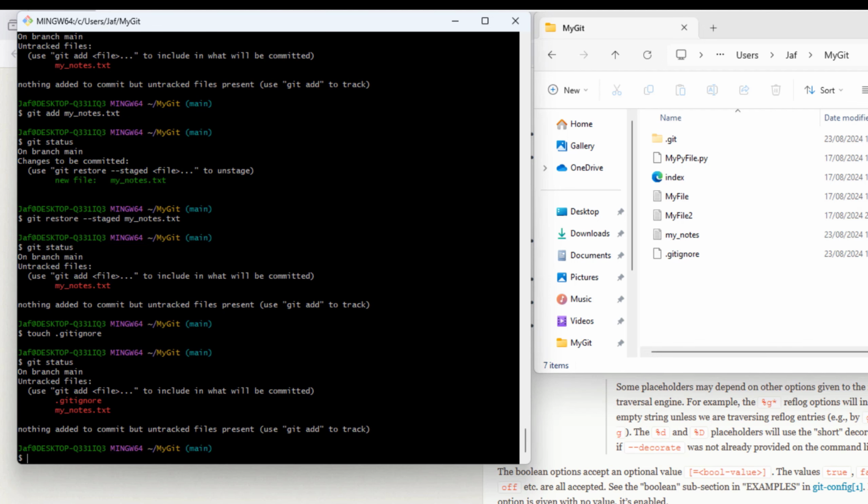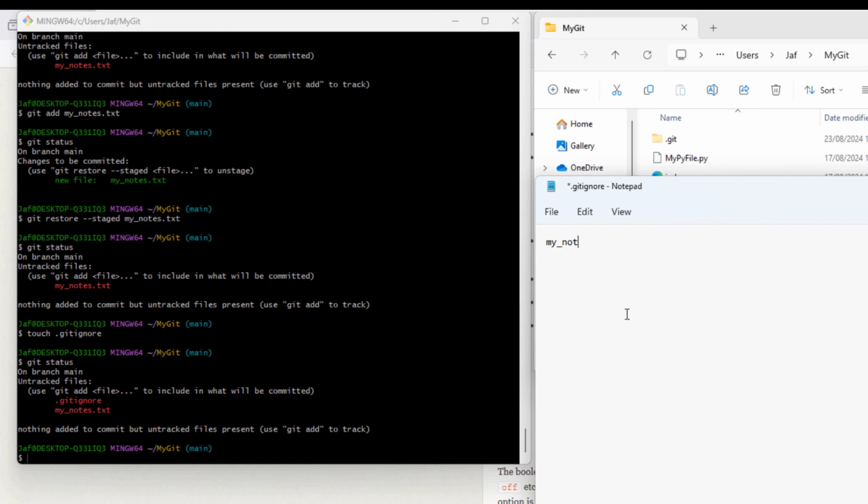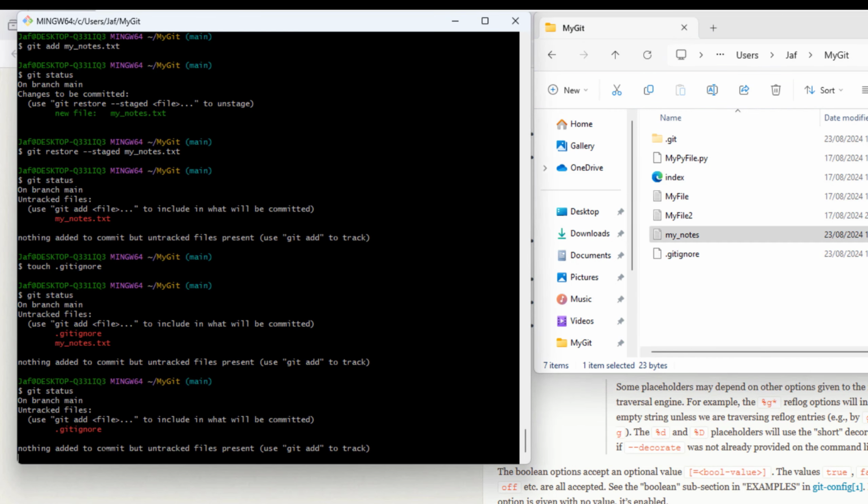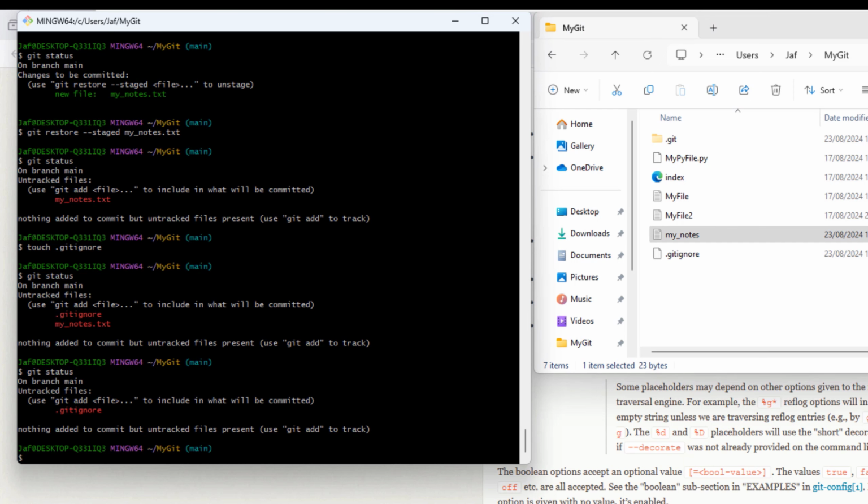But my_notes.txt is still showing, so let's update the .gitignore file. Let's specify in here my_notes.txt, save the file with a Ctrl S, and I'll cross this off. Now let's do a git status again. And we can see my_notes.txt has now disappeared. It's not being tracked anymore because now we are ignoring the file, and this is what you want Git to do, to ignore files. So we can do a git add from here